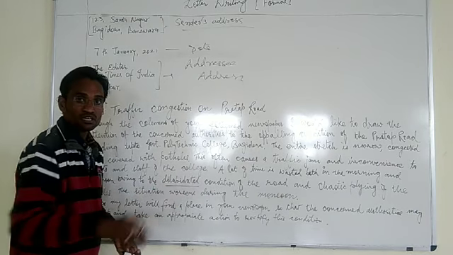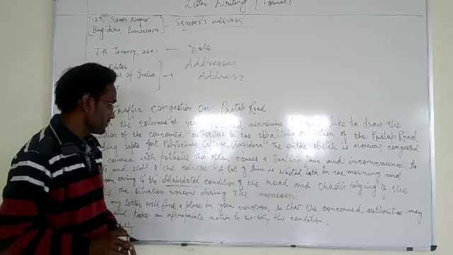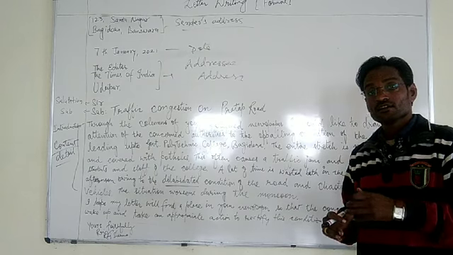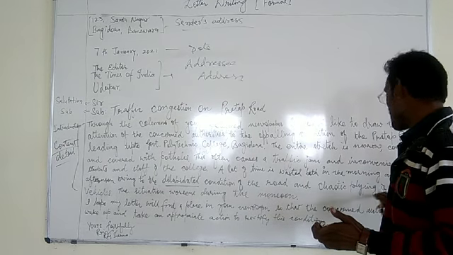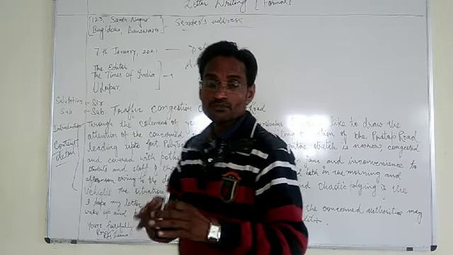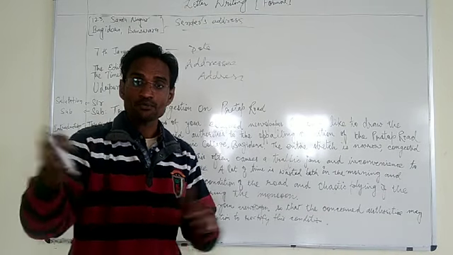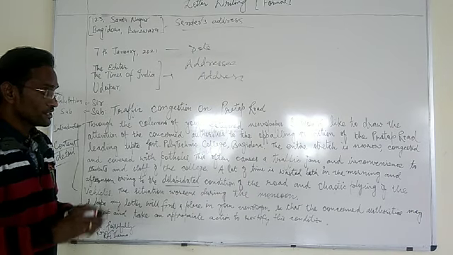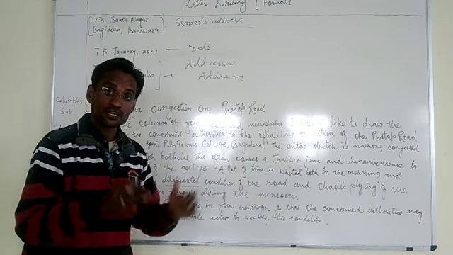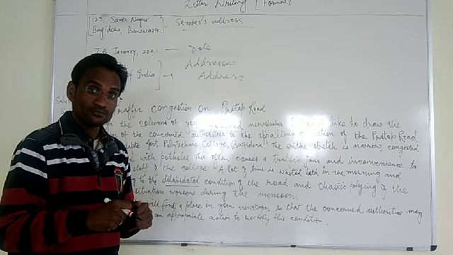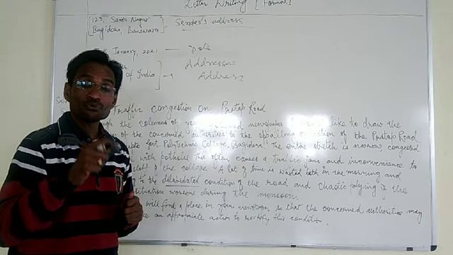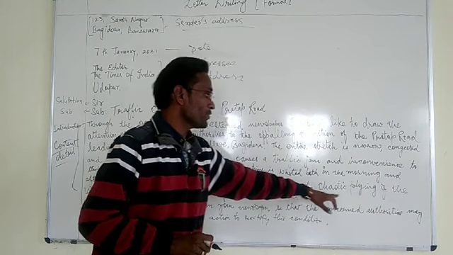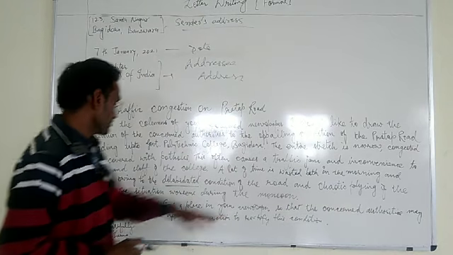Dilapidated means broken, worn out, very bad condition of the road, and chaotic plying. Chaotic means without any order. Chaotic plying of the vehicles. Vehicles are not even following the traffic rules. They seem to be coming from all sides. So once the road is dilapidated, narrow, covered with potholes, and above all, the people who use that road even they too don't follow the norms of traffic. So there is chaotic, disorderly movement of the vehicles.